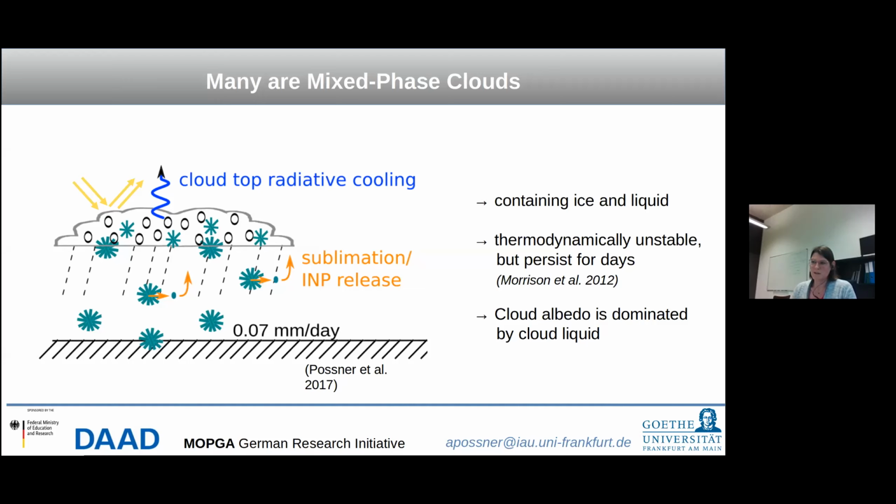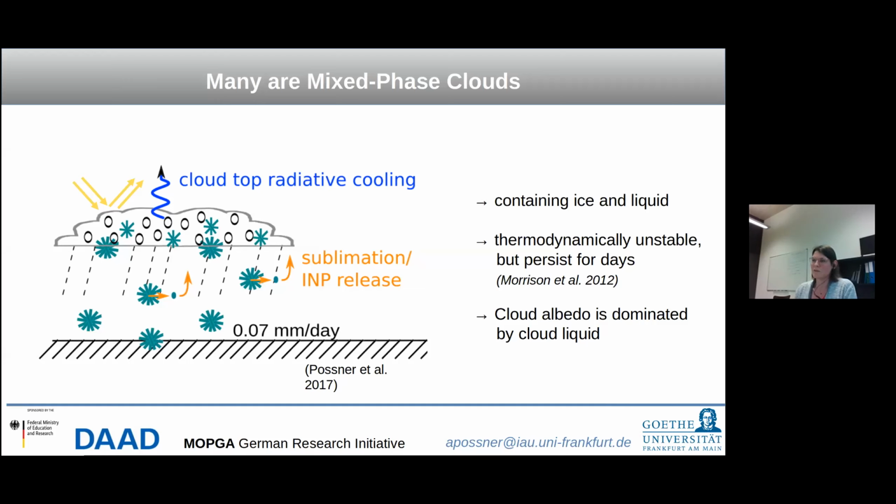So if the ice growth mechanism is too active inside these clouds, then all the water will condense and freeze onto this ice crystal, and the cloud dies. Once the cloud's glaciated, it's really hard to recondense water from the vapor phase, because the general thermodynamic structure of the boundary layer is very dependent on the effects that the cloud water has with the interaction. So the ice is a sink on the water content, and if the sink becomes too effective, it kills the cloud. So it's a very complex thermodynamic and microphysical system that we're trying to simulate here and understand.